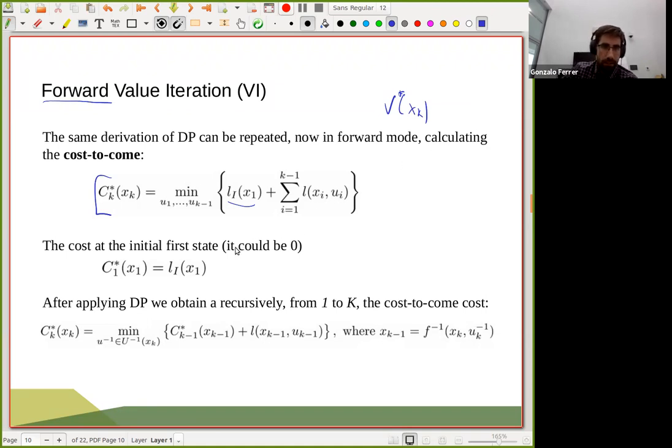Then we could say that the initial cost is 0 if you are in the initial state, and it could be infinite if you are not, right? And then we'll be doing the same thing, but forward. Only a little detail is that we have the inverse action, which, if you remember, was the pair of state and action that you had to execute just to get to whatever desired state.